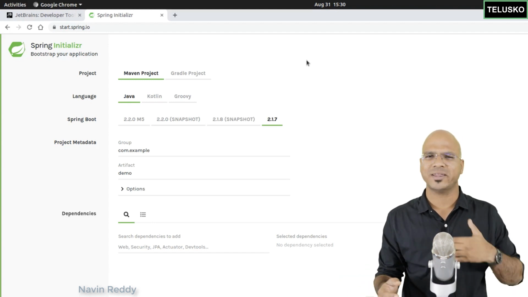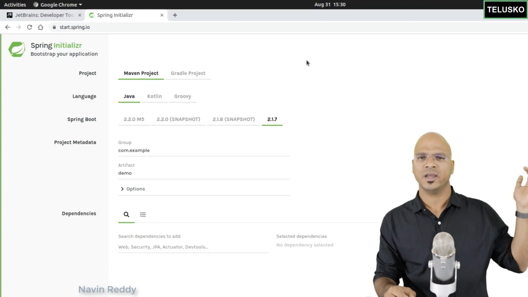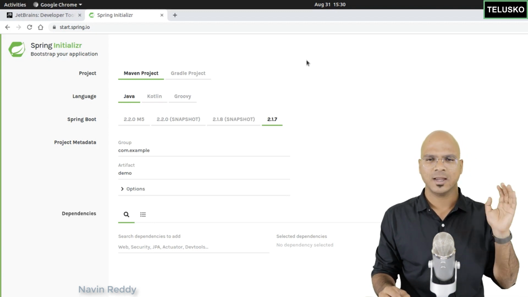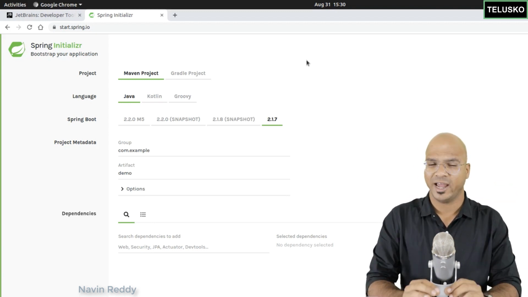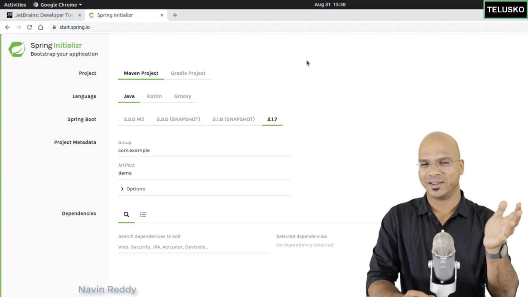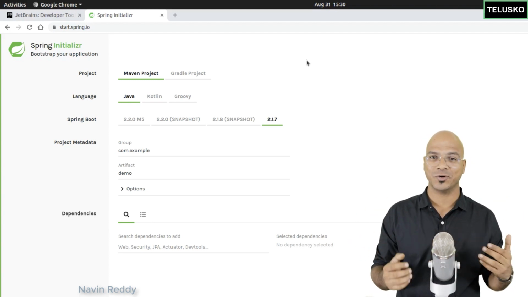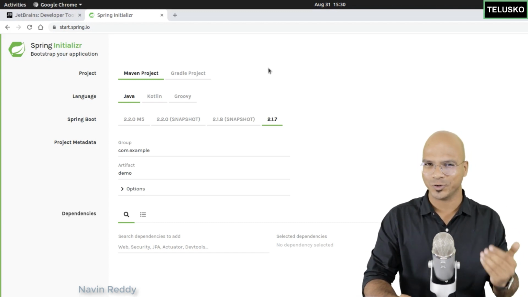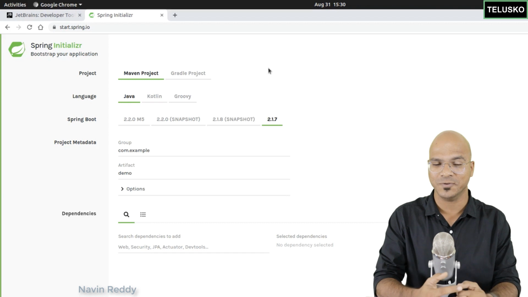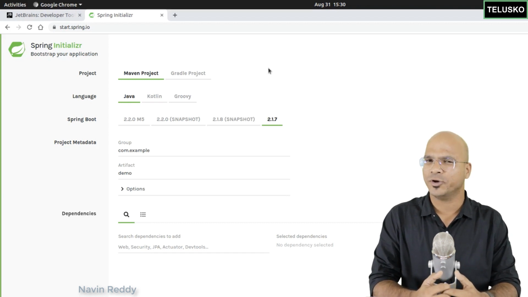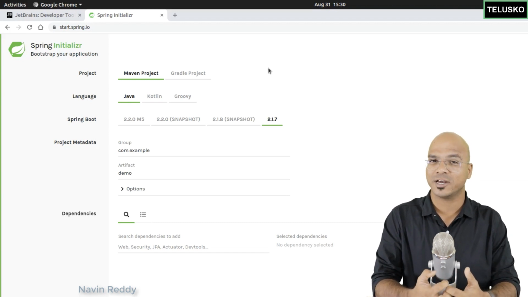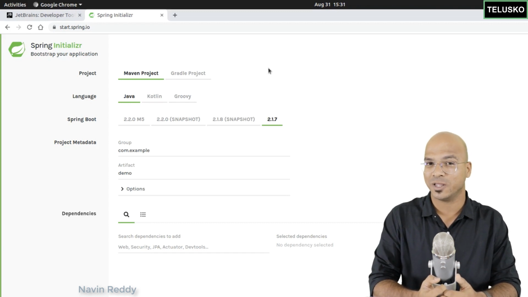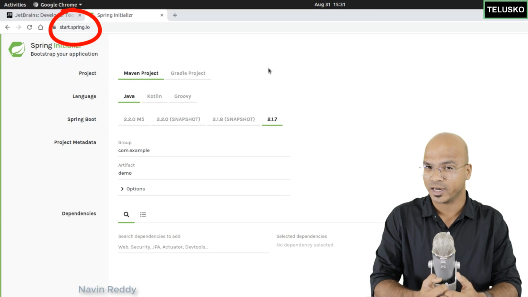Of course, you might have worked on STS before, or Eclipse. In fact, the videos which we have on YouTube are based on STS. But in this video, we'll use IntelliJ. And when it comes to IntelliJ, we have two options there, right? We can go for the Ultimate version or we can go with the Community version. We will be using the Community version here because I don't want to buy the Ultimate version just for this video. So you can use the Community version, but then you will not get the option of creating a Spring project in that. So what we will do is we'll download the Spring Boot project from the official website, which is